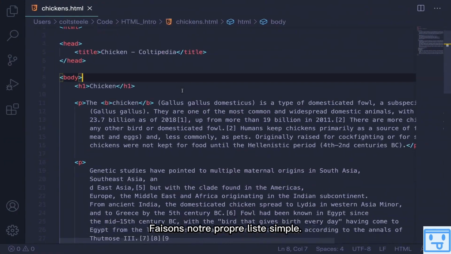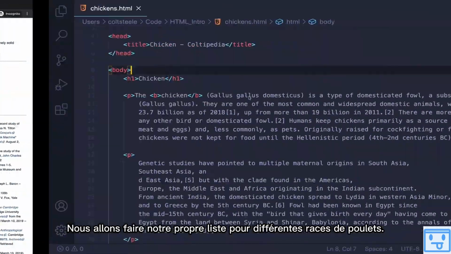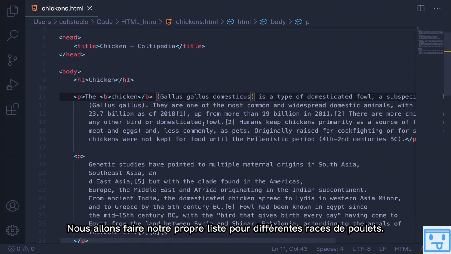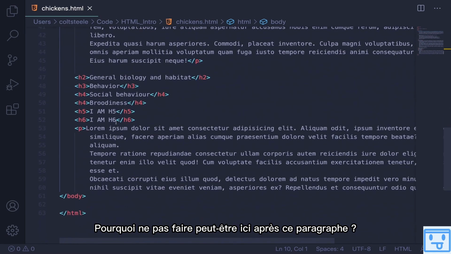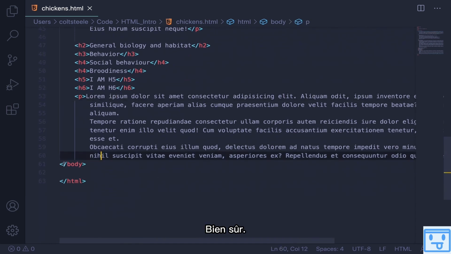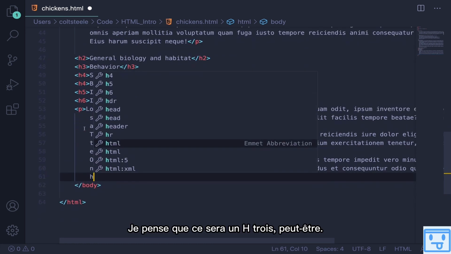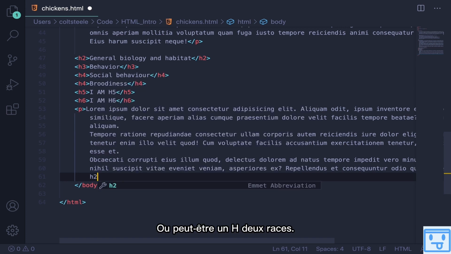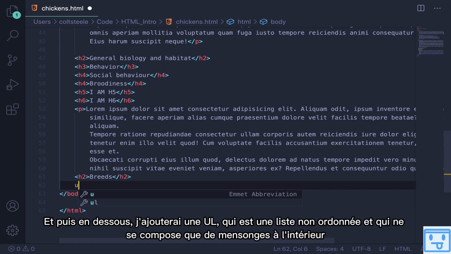So let me show you how it works. Let's make our own simple list. What should we do for chickens? We're going to make up our own list for different breeds of chickens. So let's see, why don't we do maybe down here after that paragraph? Sure, right about here. Let's add in, what do we want? Let's do an H3 maybe, or maybe an H2, breeds. Okay, and then below that I'll add in a UL, which is an unordered list, and it consists only of